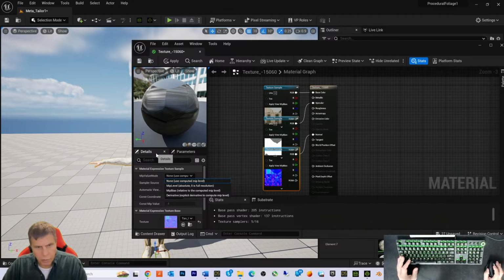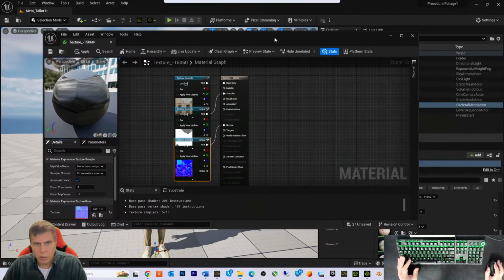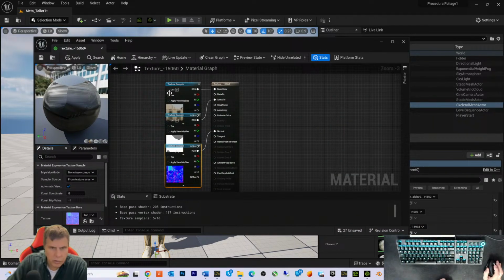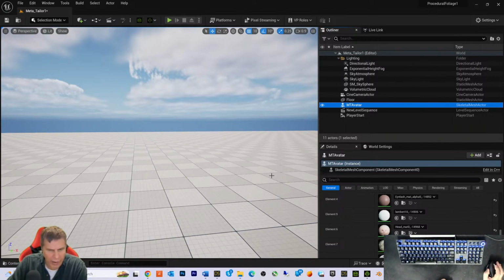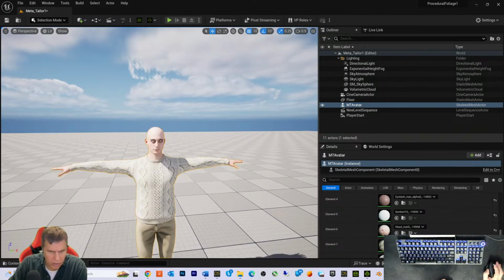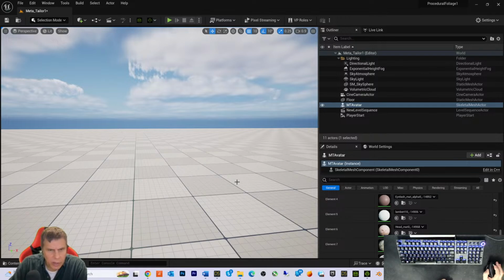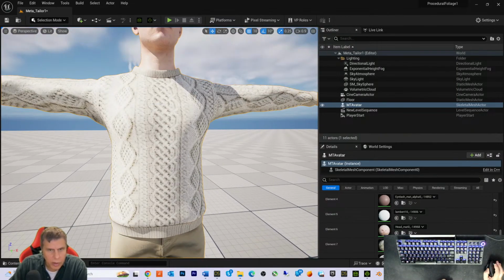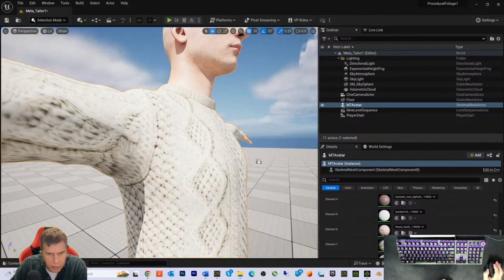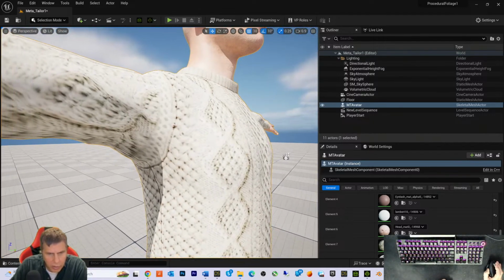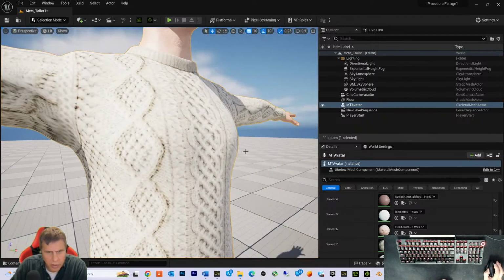Okay, I don't know what I'm doing with any of this. It does have a base color and a normal map, and I don't even really know what this specular does. I think it has something to do with the way the light hits it, but when I get up close to this sweater, it actually looks better here. It does look better than it did